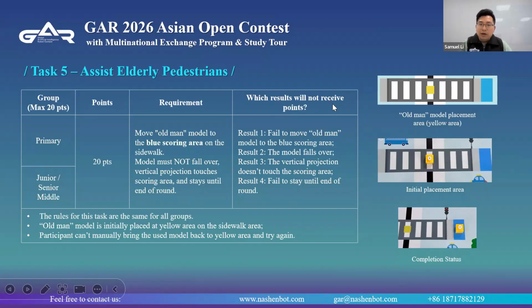So which results will not receive the points? Result 1, fail to move the old man model to the blue scoring area. Result 2, the model falls over. Result 3, the vertical projection does not touch the scoring area. Result 4, fail to stay until the end of the run.